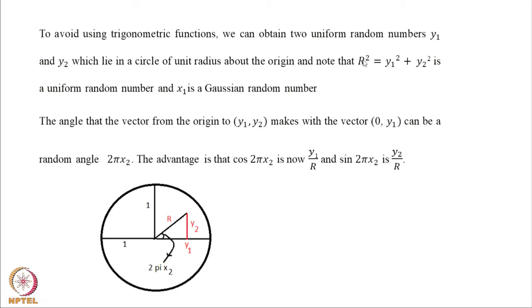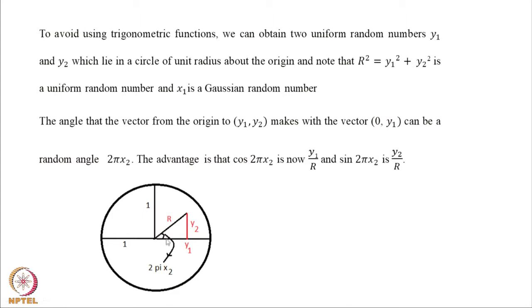But I want r square to be inside that circle. How do I ensure that r square is inside the circle? When the sum of y1 square and y2 square is less than 1, then surely r square is less than 1. So, what I will do? I will get two random numbers y1 and y2. If the sum of the squares of the two random numbers is less than 1, then only I will consider my remaining operations. So, only when r square is less than 1, I will proceed further. So, what are these y1 and y2? This is my y1, this is my y2. So, x1, I already told you how to get x1 in the previous slide, and how do you get x2?